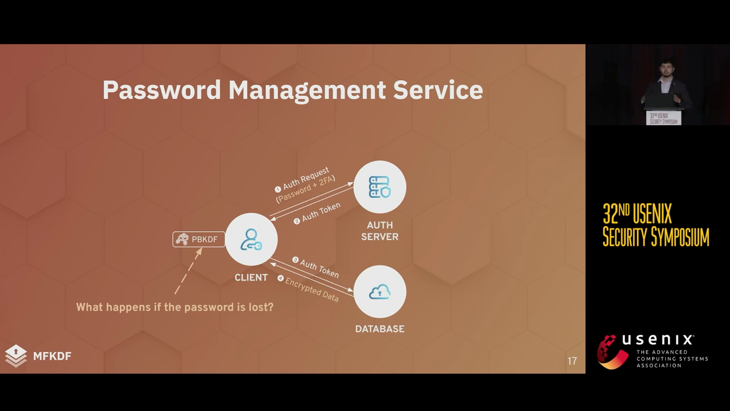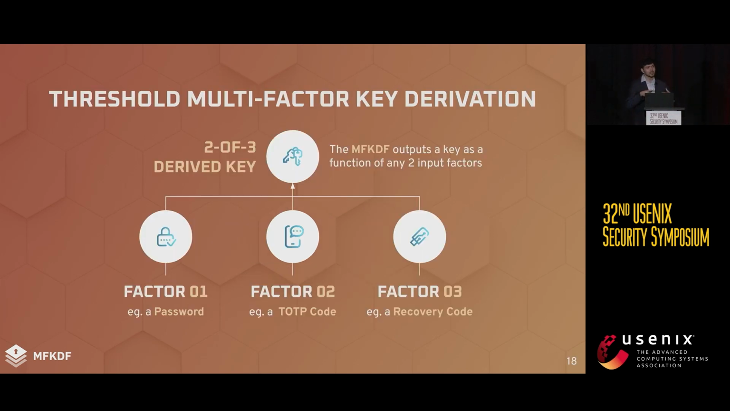In fact, it largely defeats the point of PBKDFs in general. And so to address this, we introduced a threshold version of the multi-factor key derivation function that actually allows developers to set up keys with more factors than are actually needed. So you may, for example, set up a key with a password, a TOTP code, and a recovery code, and during normal login, you would just use the first two factors. But you set it up as a 2 of 3 threshold solution using Shamir secret sharing behind the scenes,